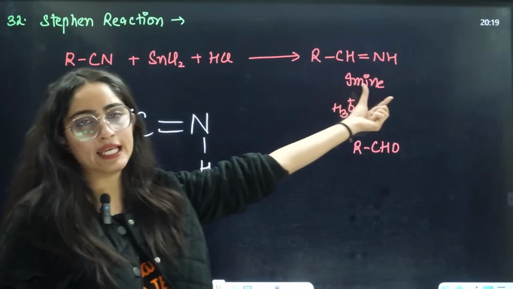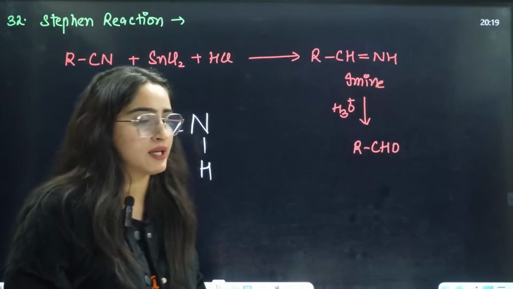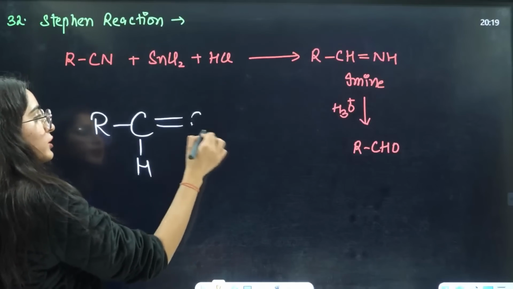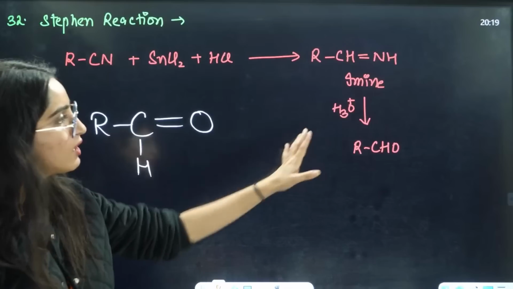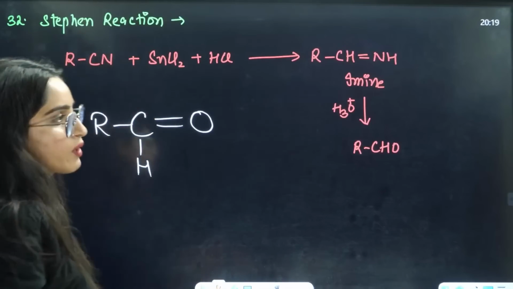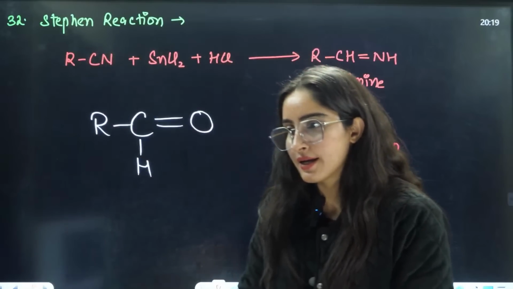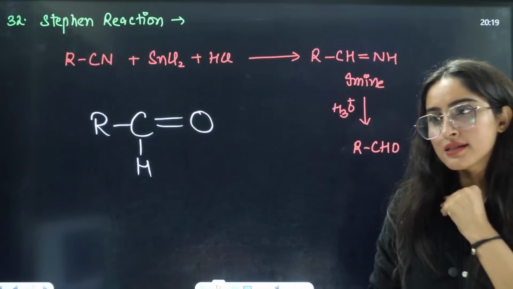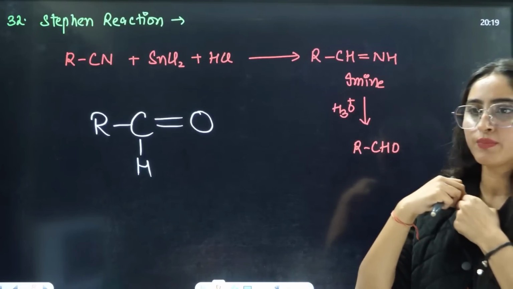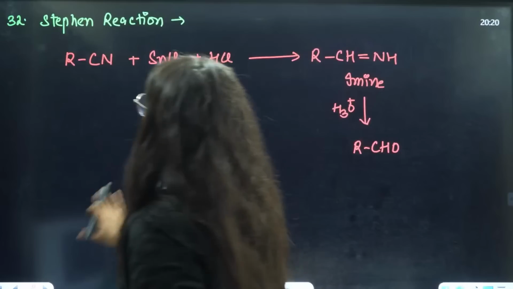This thing is called imine. After this, you will do the hydrolysis. This full thing will be converted to double bond O. That is called an aldehyde, and this full process is called Stephen's reaction. Guys, this is Stephen's reaction. Very simple. Okay, next is